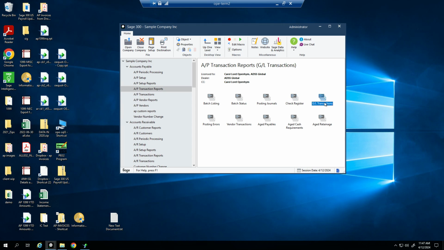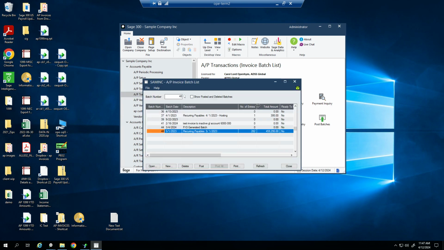And GL transactions, that'll always be empty if you auto post to the GL. If you have it set to on request, then your GL transactions will accumulate, but very few people do that. If you have a batch that rolls into an error batch, you want to come in here and print your posting errors. So what you want to do with that is you want to go back to, let's say there's